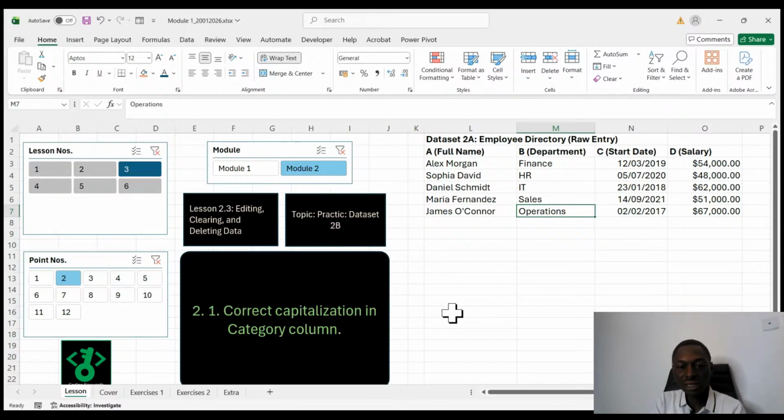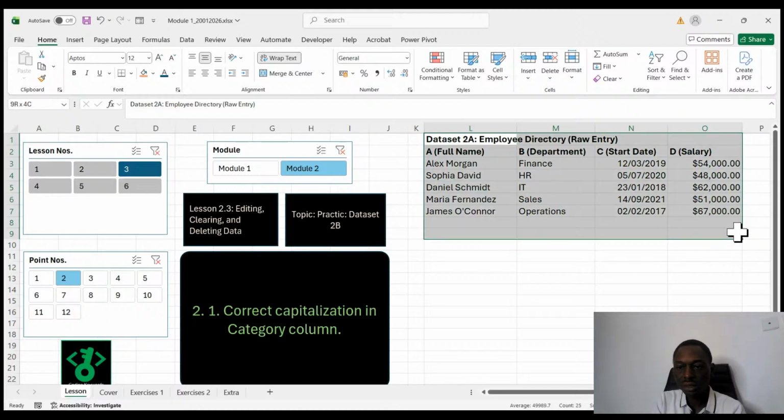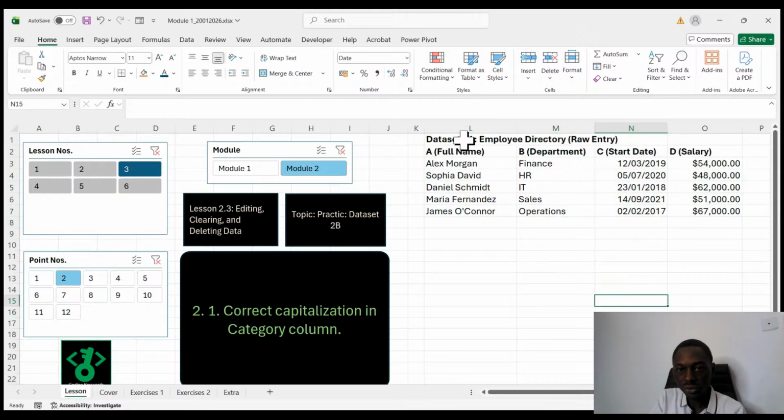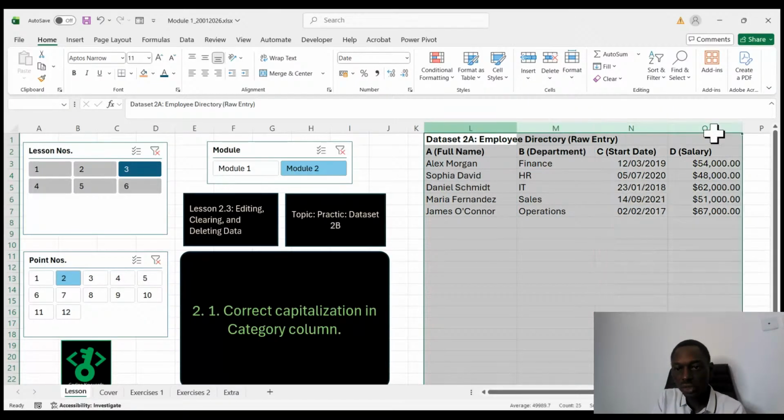Okay, so next, we're now dealing with our data set 2B. We're going to deal with data set 2B. Okay, so I'm just going to highlight this, and I don't want to delete this. I'm just going to select this